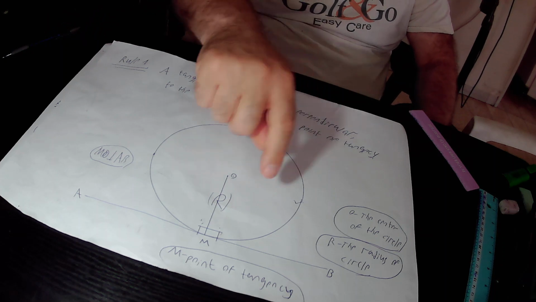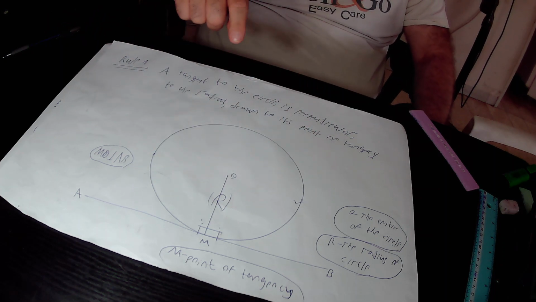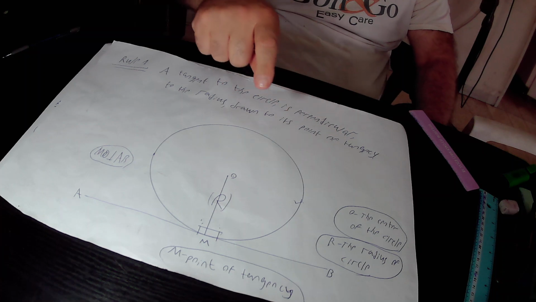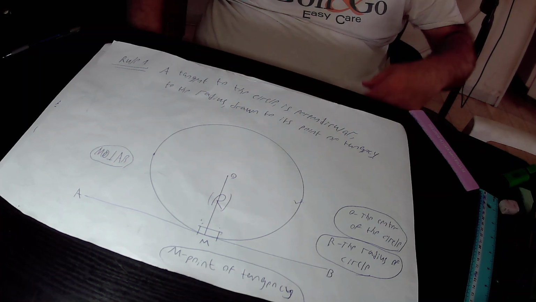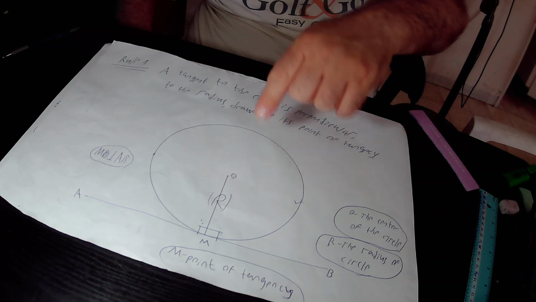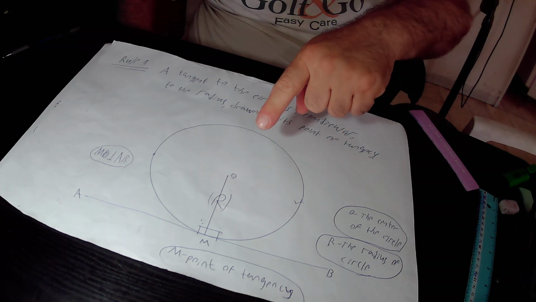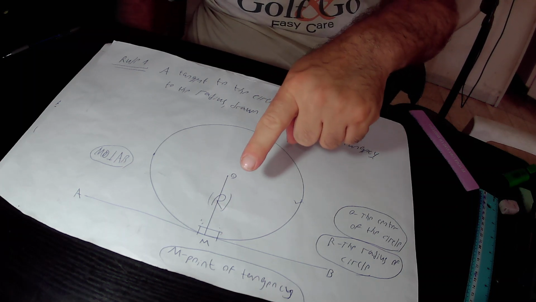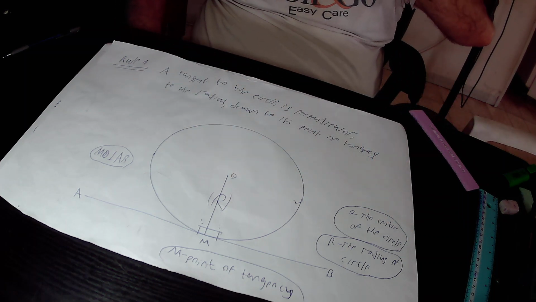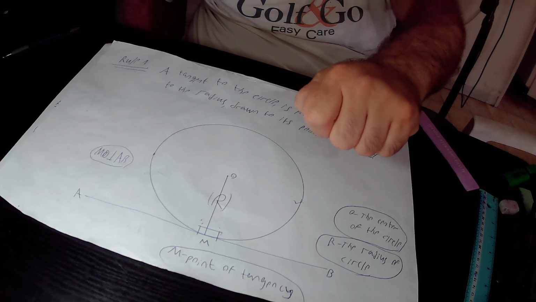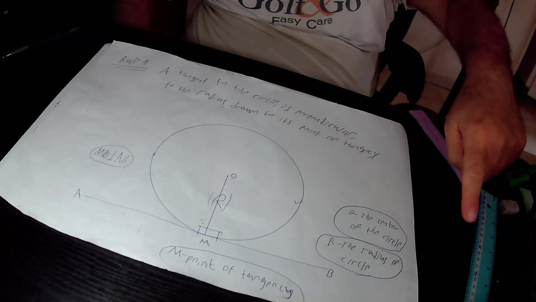So in the drawing we have a circle, and we also have tangent AB, that is tangent to this circle at point M. In addition, we have the radius OM. The radius OM is drawn to point M, that is the point of tangency of tangent AB with this circle. And whenever you have a radius that is drawn to the point of tangency, then tangent AB will be perpendicular